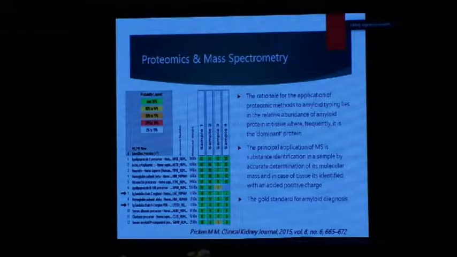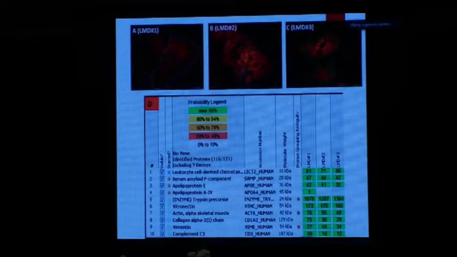The rationale is that when you apply these proteomic methods to amyloid typing, you have the relative abundance of the amyloid protein in the tissue, and hence you can reliably detect this type of protein. Not only for the types of proteins which we know, but this is also how we detect newer amyloid proteins, and this is the principal application of mass spectrometry. This is from our study, which Professor Mohammed Azizi